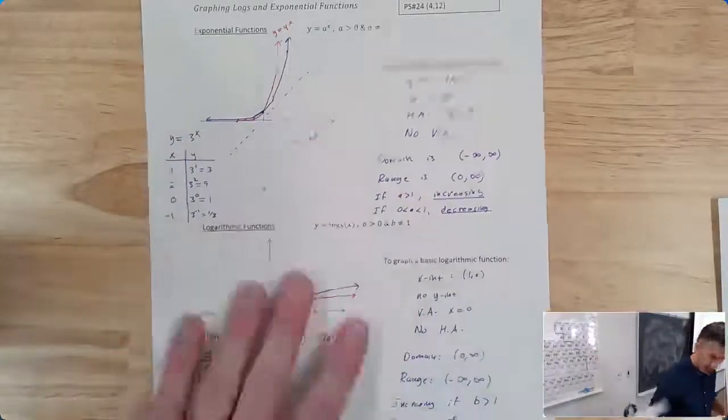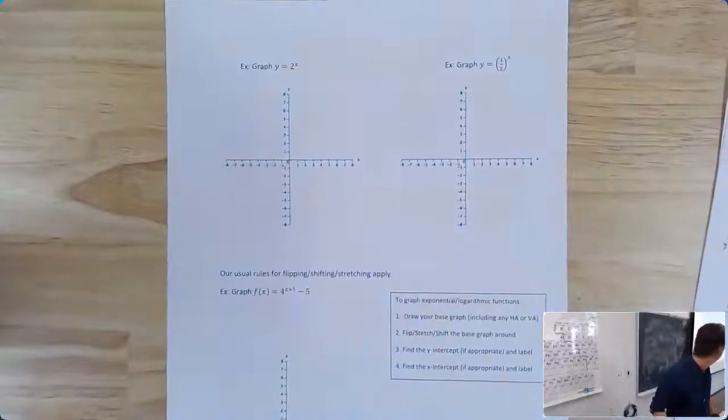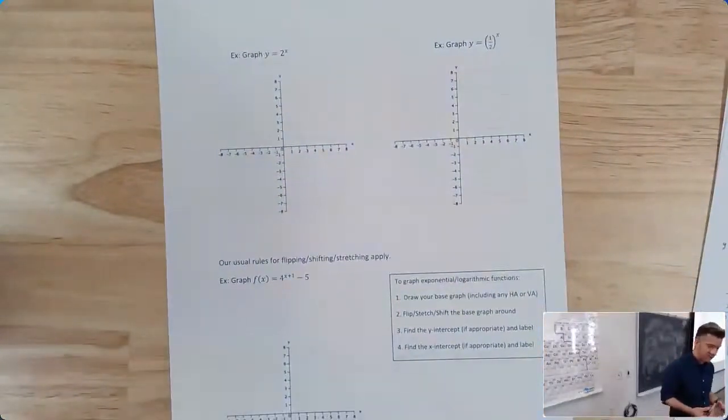All right, where's my other papers? Always losing paper. So, for example, oh yeah, now the other thing I want to say, which was 2 to the x versus 1/2 to the x. So if I was going to graph 2 to the x,